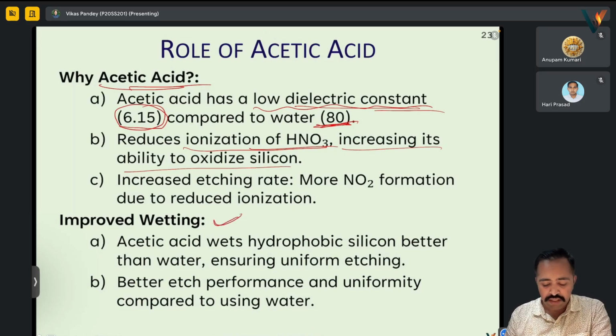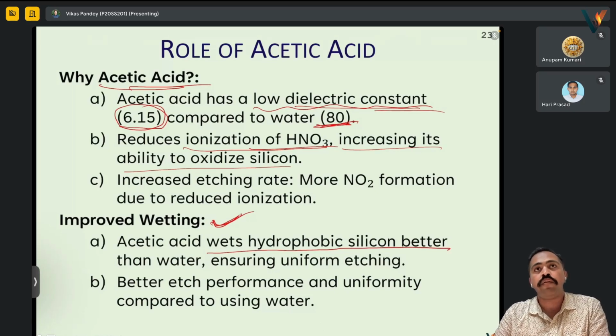As well as it leads to improved wetting. Acetic acid wets hydrophobic silicon better. Silicon is hydrophobic. One of the common ways, if you are removing SiO2, to understand, in one class I said that when we are cleaning our wafer, there